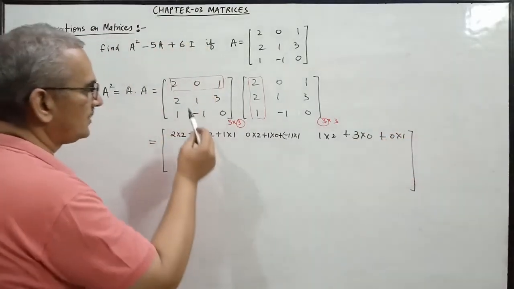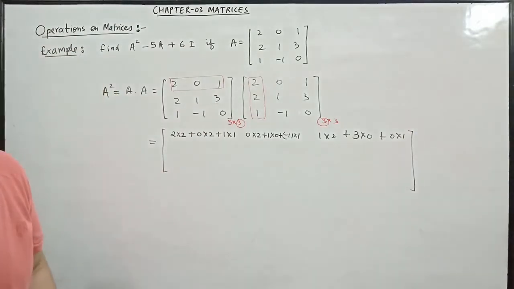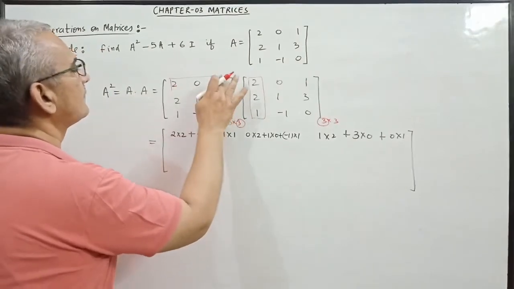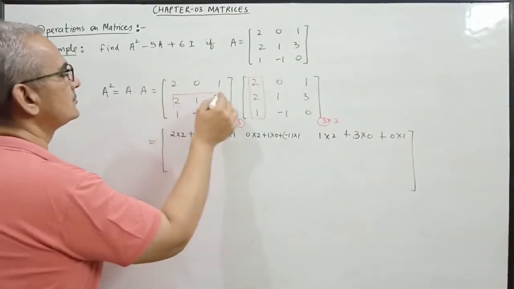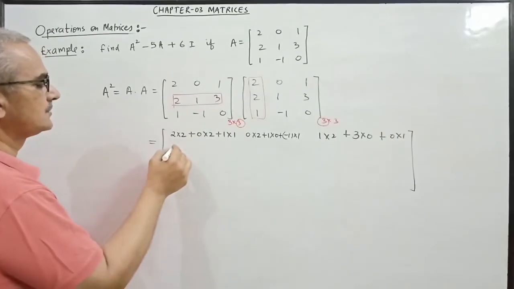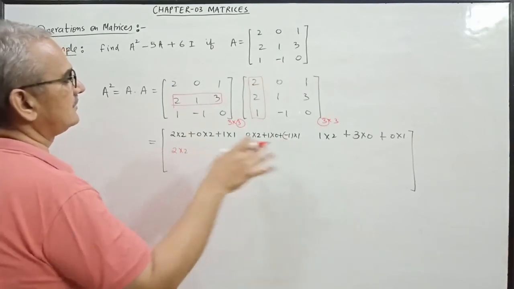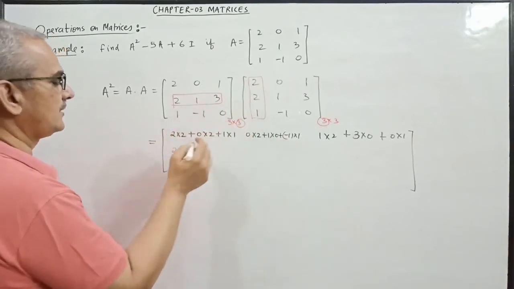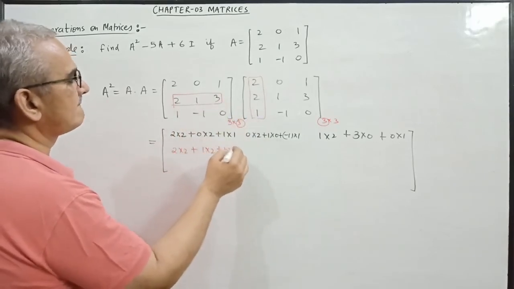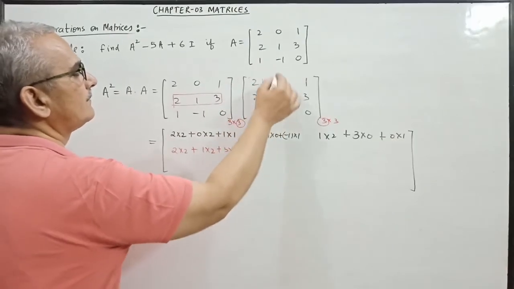Similarly you can do the second row with the help of paper. I hope that is clear to you. So 2 1 3 in the first column: 2 2s are 4. You can write it directly. If you are writing for the first time, you can write it this way: 1 multiplied by 2, then 3 multiplied by 1.